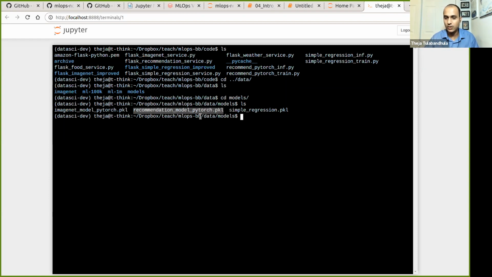I just slightly changed the code to put it in a slightly different folder. So if I want to push this, copy this file to the server, okay, that's one way. One way I'm going to show. And then if I want to copy some file from the server to my local machine, again, I'm going to use the same SSH command. Those two SSH commands you already know.